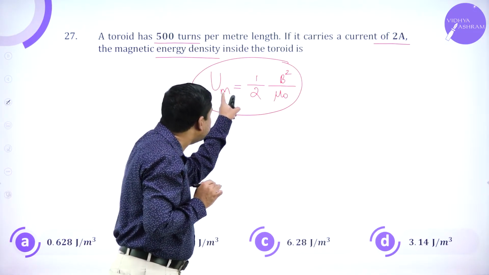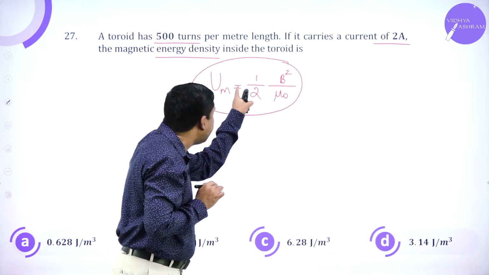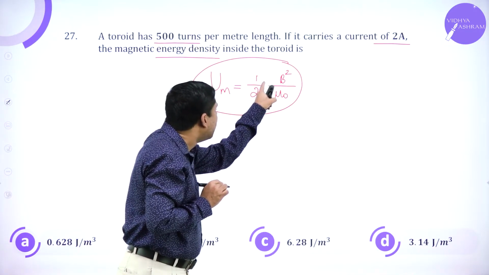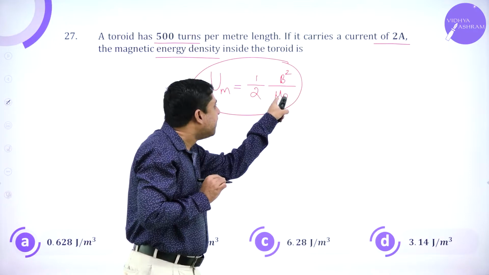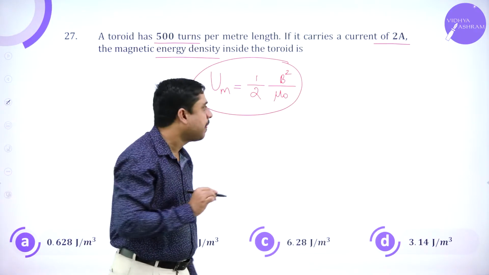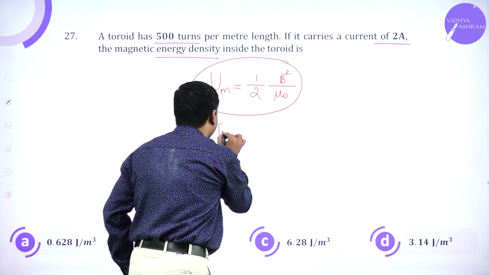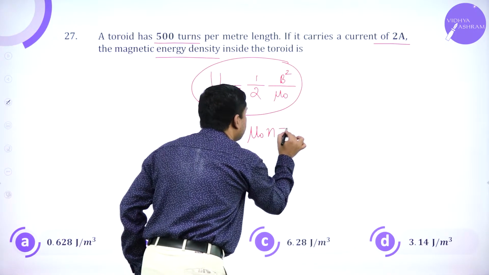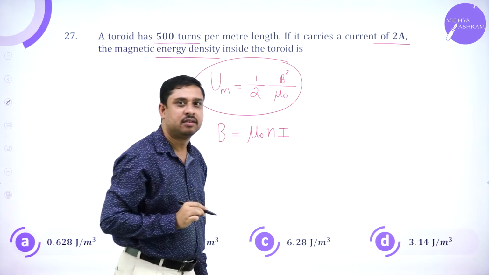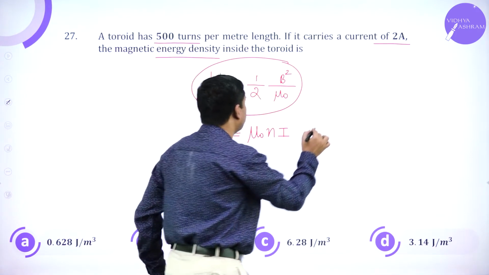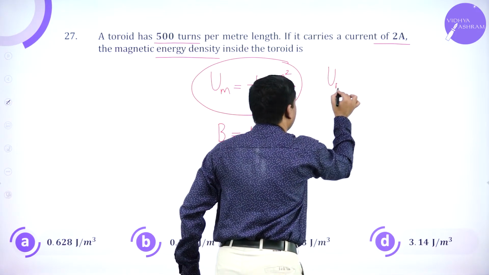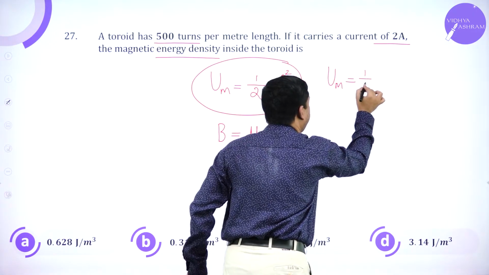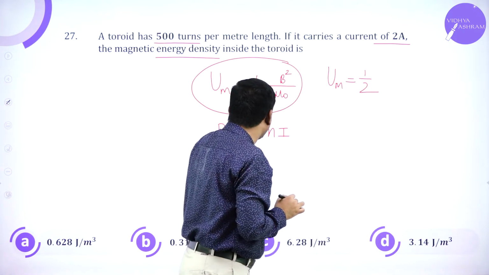Magnetic energy density is half B square divided by mu naught. And we know for a toroid, again B is mu naught N I. So on substitution, UM equals half B square